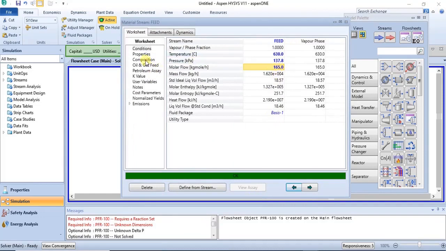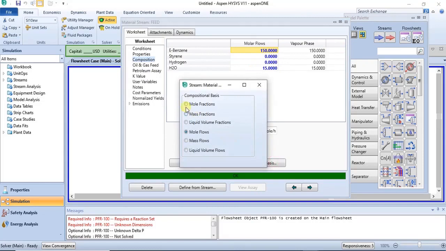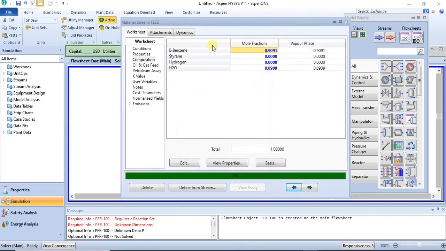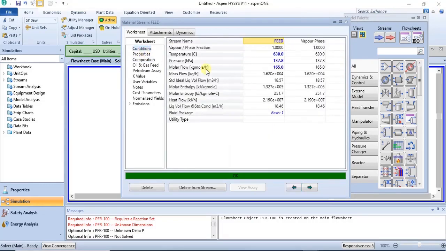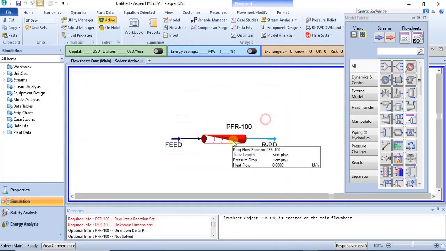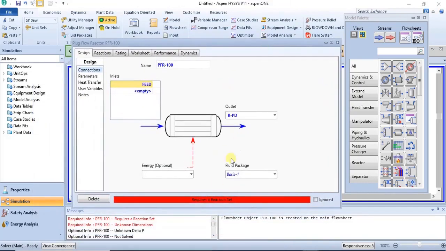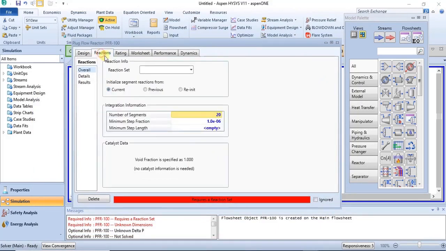Then Hysys can calculate the molar composition or the mole fraction. So this is the mole fraction of the feed based on the mole flows specified. We can exit this. That's for that. Then we can specify the PFR right now. For the PFR, it says requires a reaction set. So we are going to attach the set we just created, set 1. We have specified that, and it says unknown